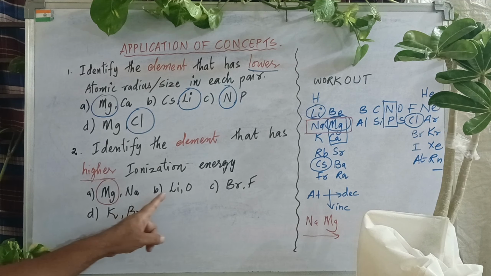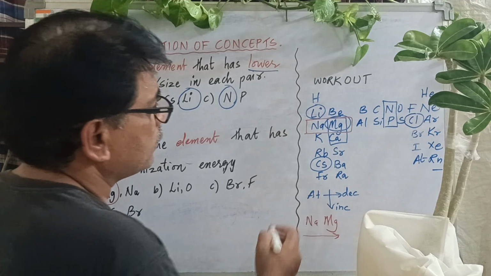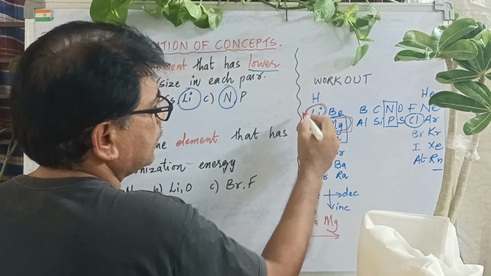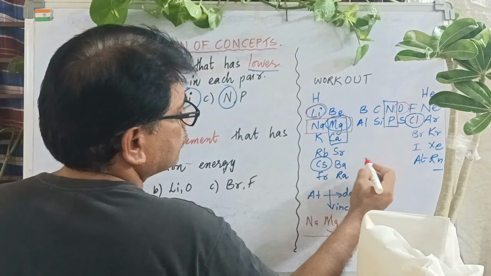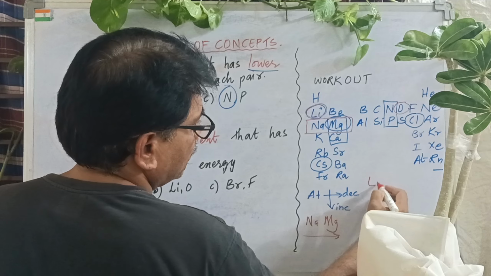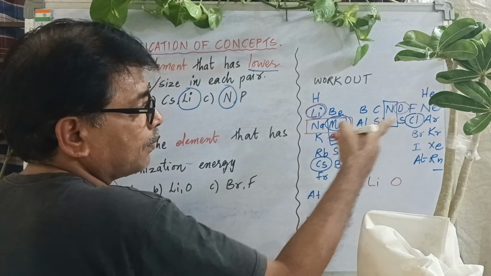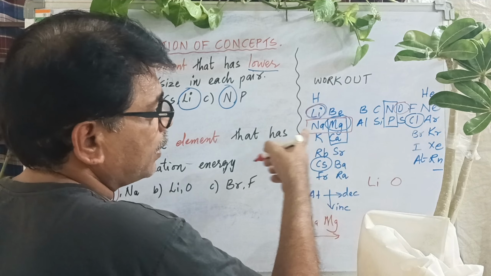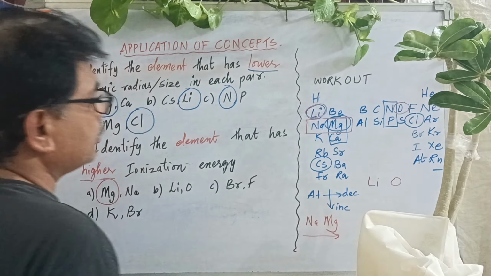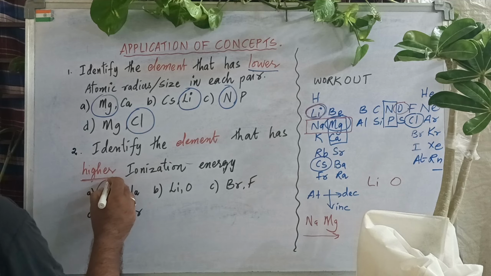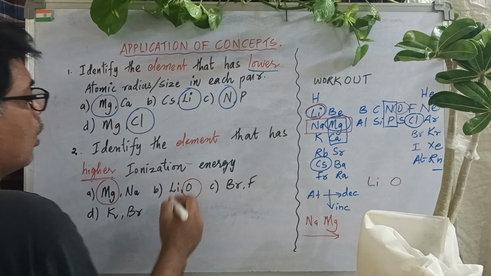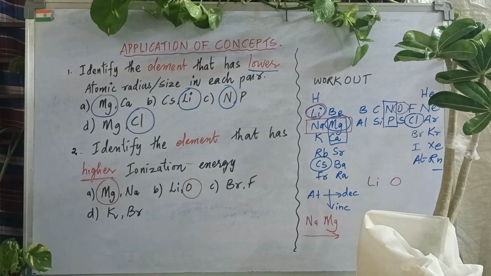Finish. Now these two, lithium and oxygen. Where is lithium? Here. Lithium is here and oxygen is here. So lithium and oxygen means we are speaking about what? They are in period. So in period, as you move from left to right, ionization energy increases, and moreover he is asking you higher only. So the answer is oxygen. Okay. Now coming to